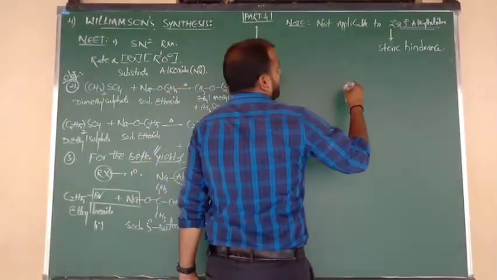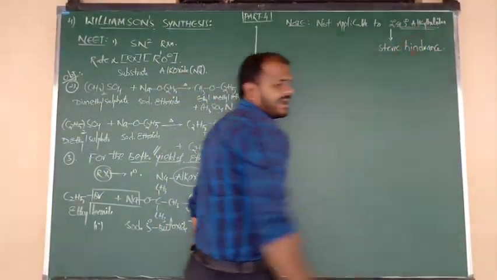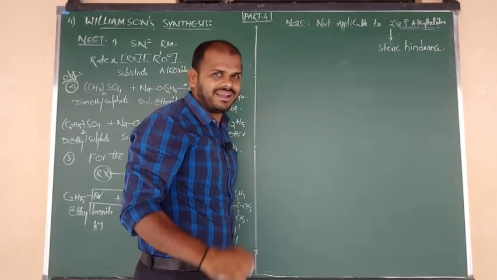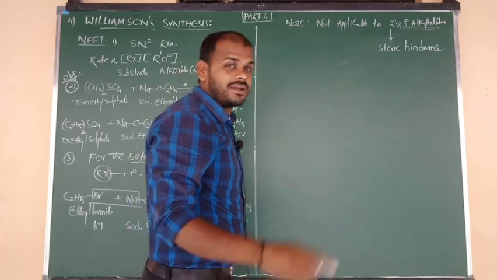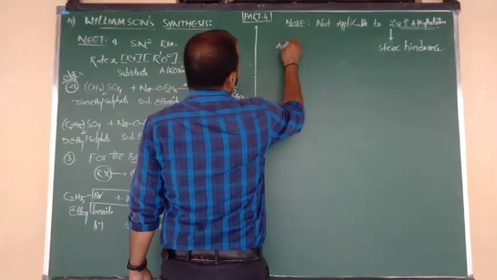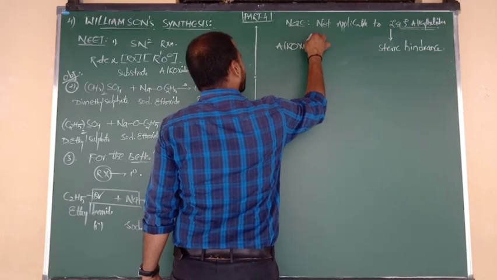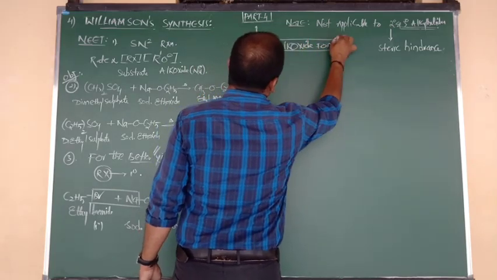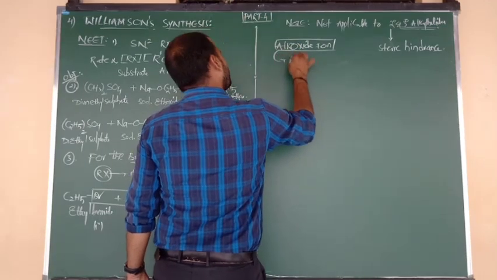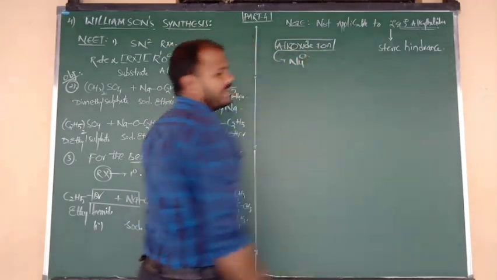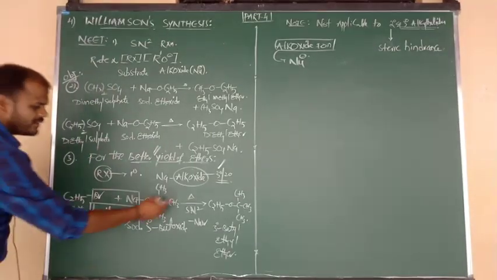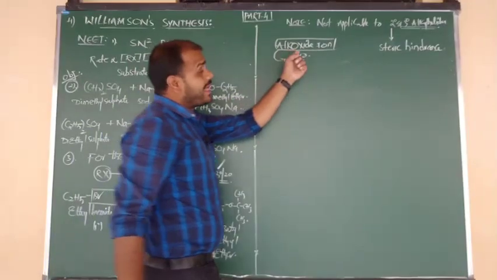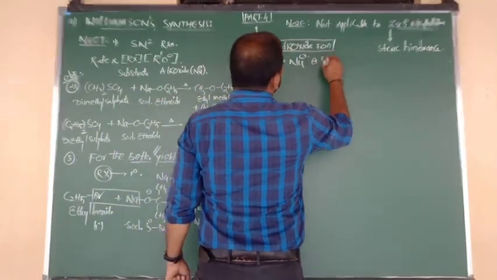And one more point. Secondary and tertiary alkyl halides undergo reaction with sodium alkoxide. But try to remember one point about the alkoxide ion. The alkoxide ion acts as a nucleophile. Yes, of course, I have told you here, this is the alkoxide ion, which undergoes nucleophilic substitution. And it also acts as a strong base.